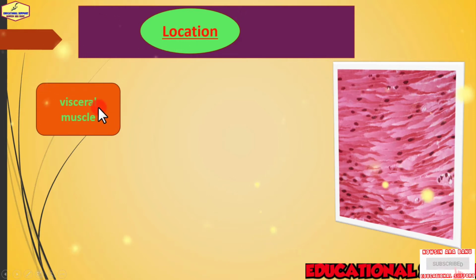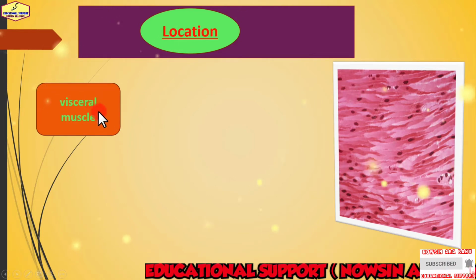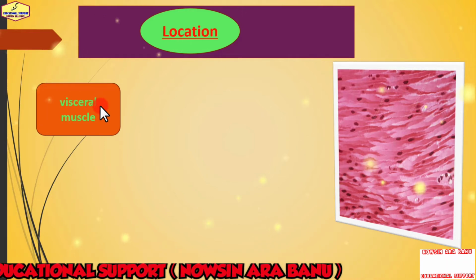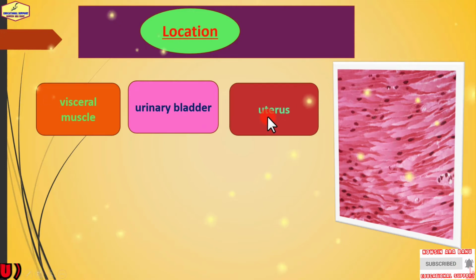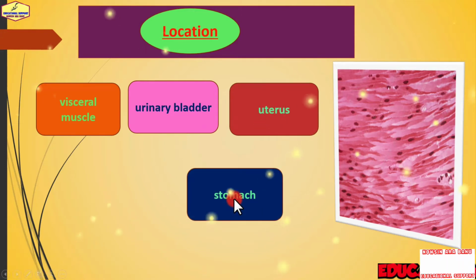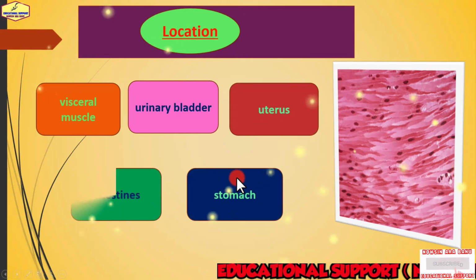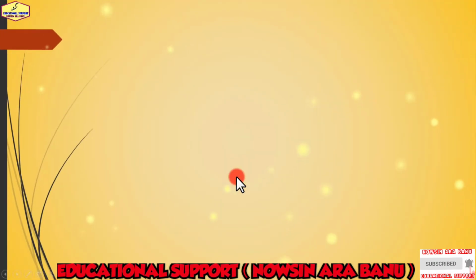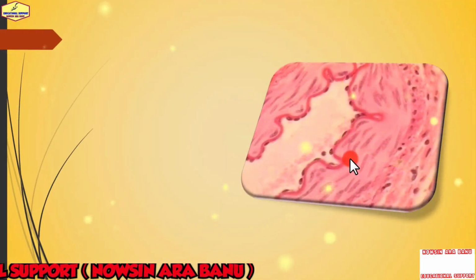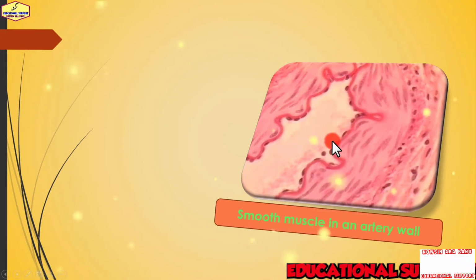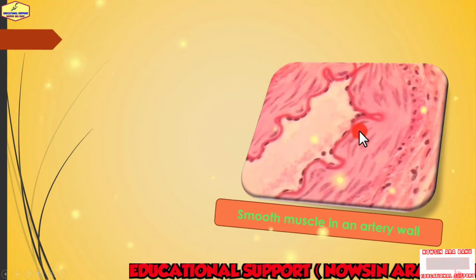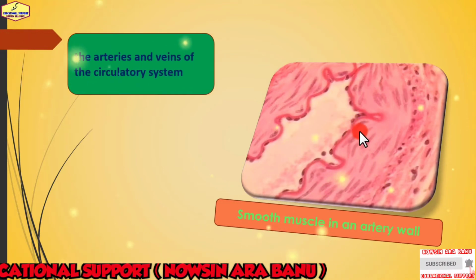So smooth muscle is present in the walls of hollow organs such as the urinary bladder, uterus, stomach, intestine, and in the walls of passageways such as the arteries and the veins of the circulatory system and the tracts of the respiratory,